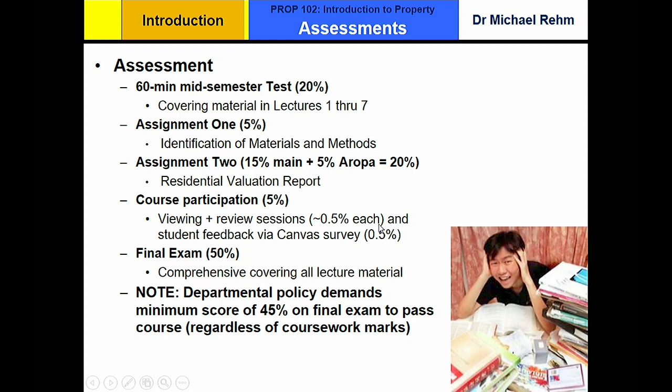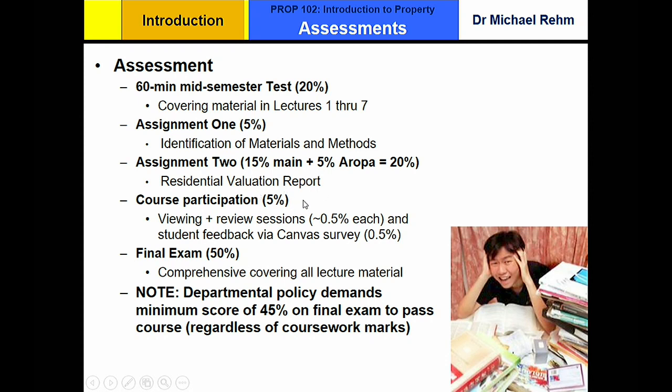All right, the assessments. I know you're all over this. So we'll have a test. That's the first portion of the class, lectures 1 through 7. I think it's 1 through 7, I'll have to double check that. It's the built environment and the overview of Maori land issues. There is a 5% assignment, which we'll talk about briefly, and then there's the larger 15 plus 20% overall evaluation report assignment, and we'll talk through both of these really briefly.